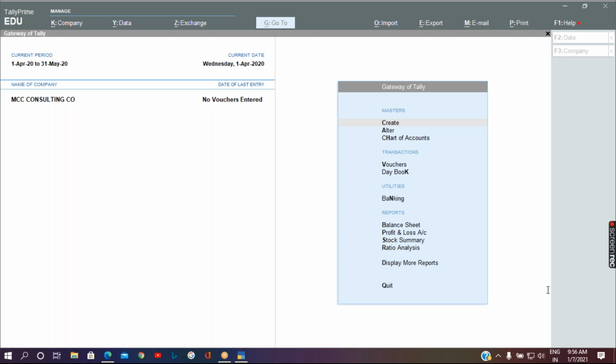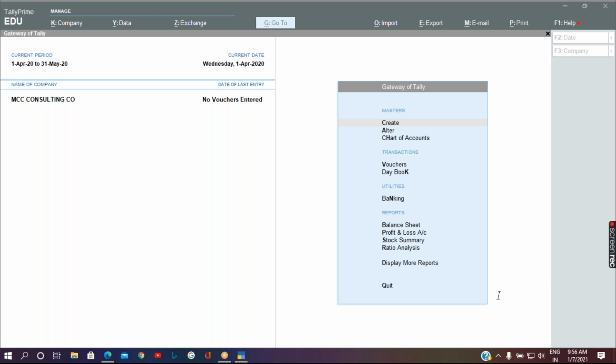So if you have paid any type of expenses, you'll be passing it through the payment entry, or you are paying any amount to the person from whom you have purchased, which is payable to them. If you have taken anything and you're paying them, then in that case you are going to use the payment entry.